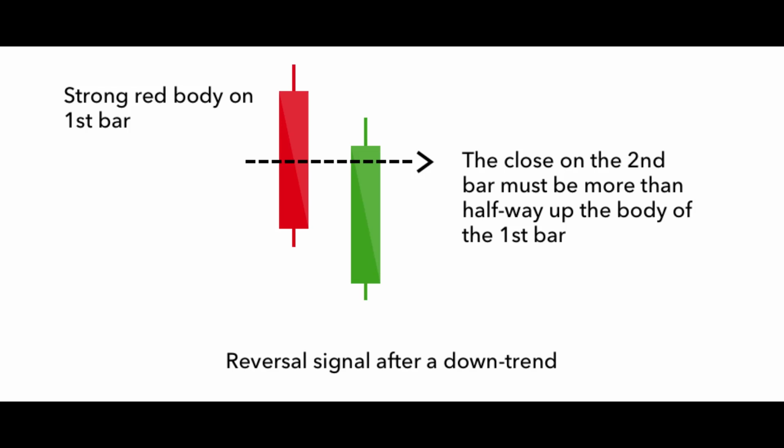This candlestick on the screen is now the piercing line. The piercing line is also a two-stick pattern made up of a long red candle followed by a long green candle. There is usually a significant gap down between the first candle's closing price and the green candle's opening. It indicates a strong buying pressure as the price is pushed up to or above the mid price of the previous day.